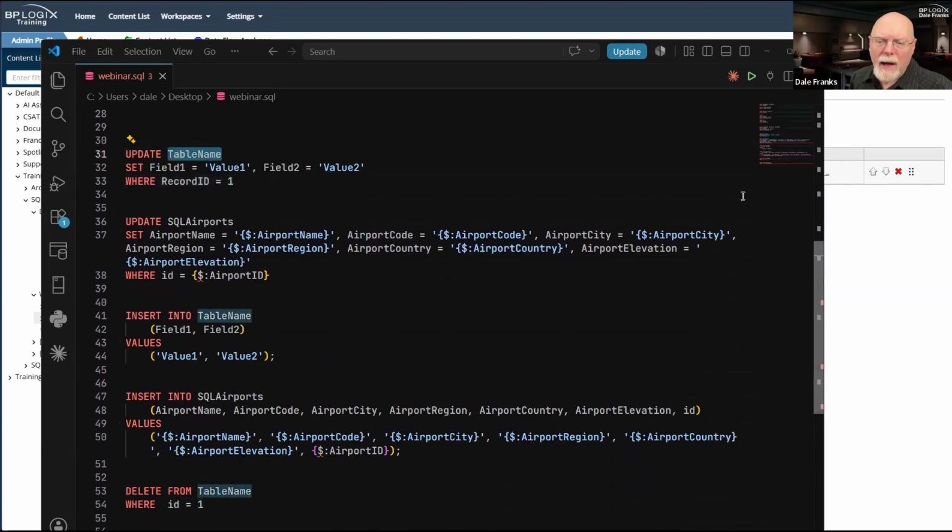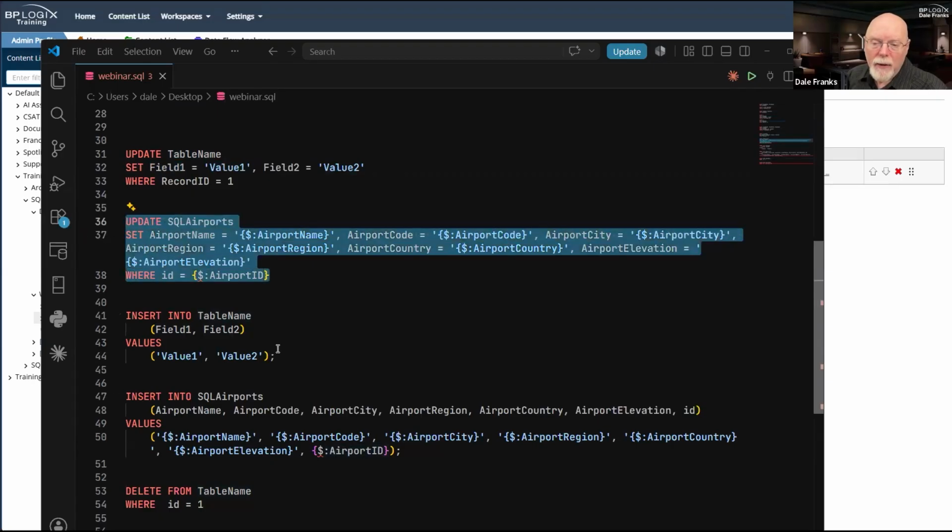We're going to update a table, whatever the name of that table is, and then we have the ability to set the fields that we want to update. Now, we can update as many or as few fields as we want in our data. In our example, and this is the actual example that we're going to use to update our data, we're going to update every one of the 7 fields because we don't know when this form runs. We don't generally know what the user might need to change in our forms.